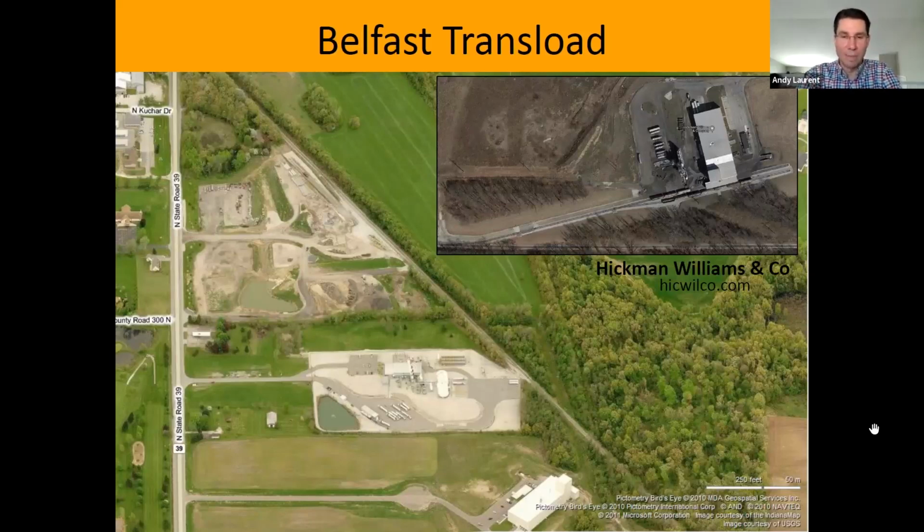Eventually, they shut down, went bankrupt. The building sat vacant almost my entire time at South Shore with railroad track in the building and a mainline switch. The two never should meet. But after I left, Hickman Williams came in, built the tracks that you see here. South Shore put the switch back in after it had been removed right before I left. So a couple years later, they built those tracks. Hickman Williams, you can see their website there,